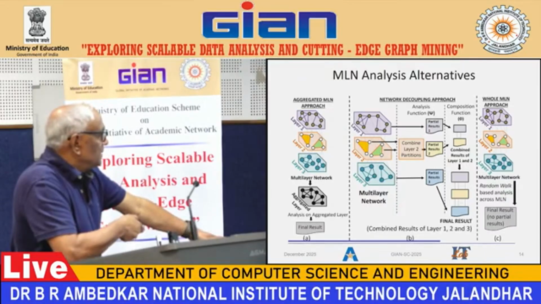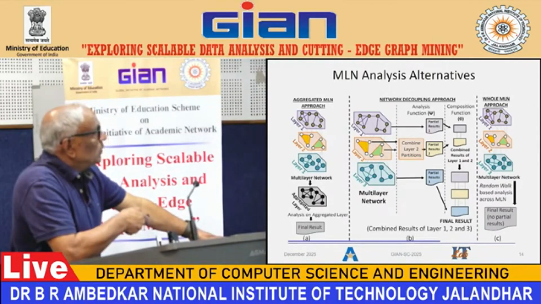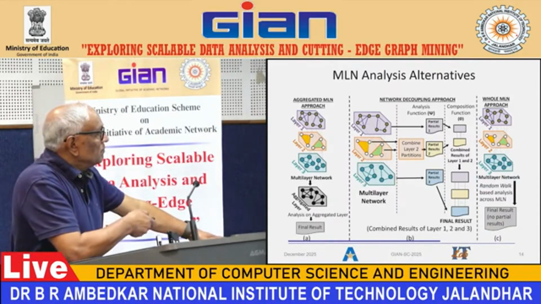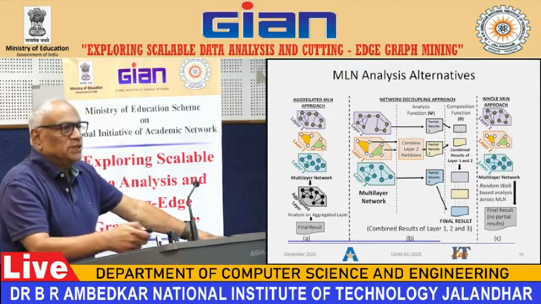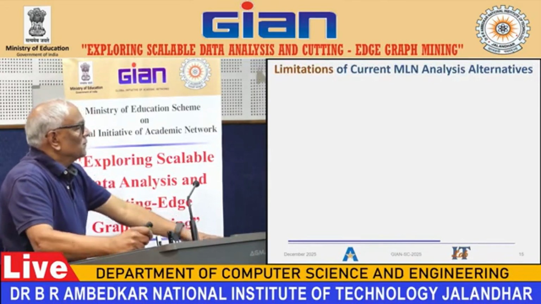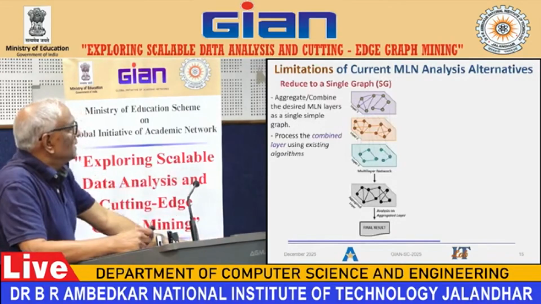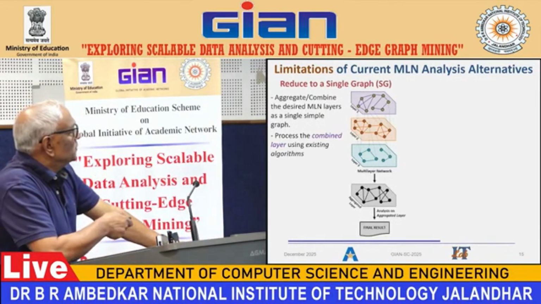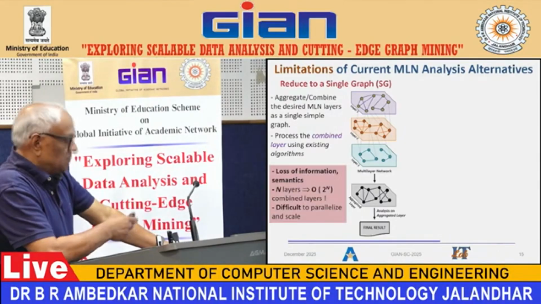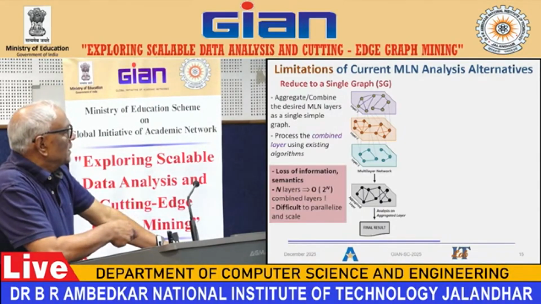So combine the results of layers 1, 2, and 3 using this. So we need to have 2 functions. One is the analysis function, which we already have algorithms for, but what we need to develop is the theta, which is the composition function. So what are the limitations of current alternatives? I have already explained that when you reduce it to a single graph, aggregate, combine, and process the combined layer using existing algorithms, the problem is this will require exponential